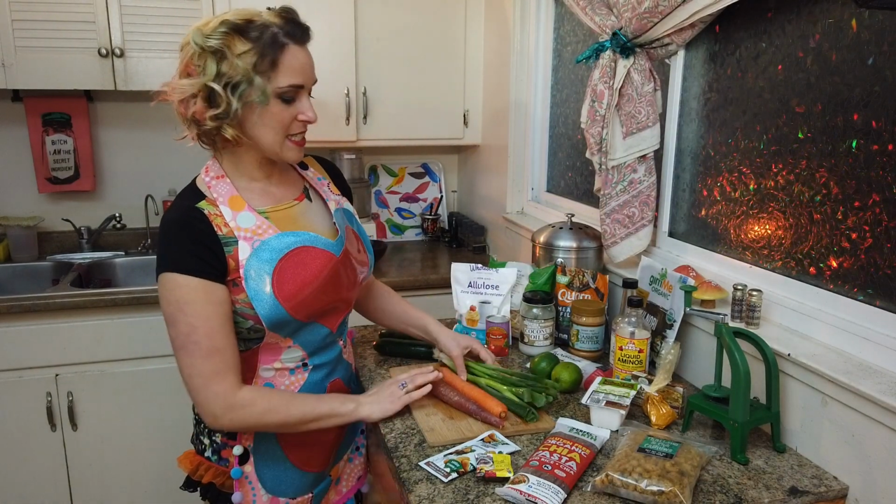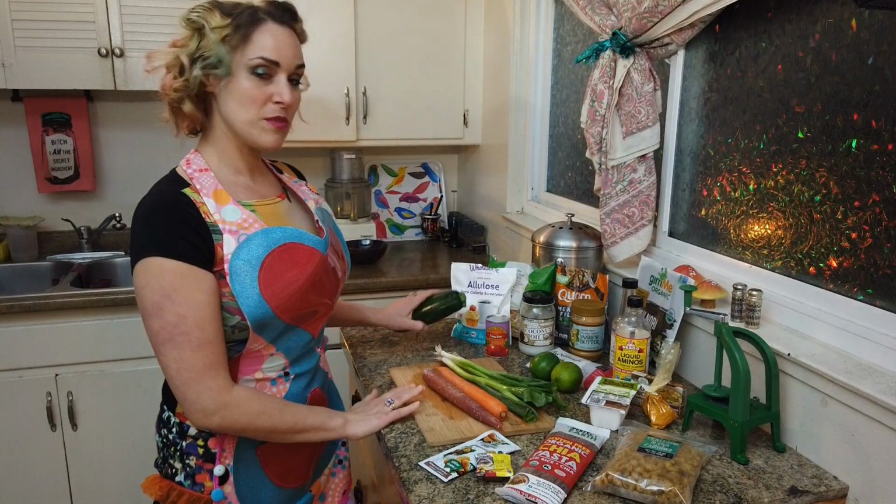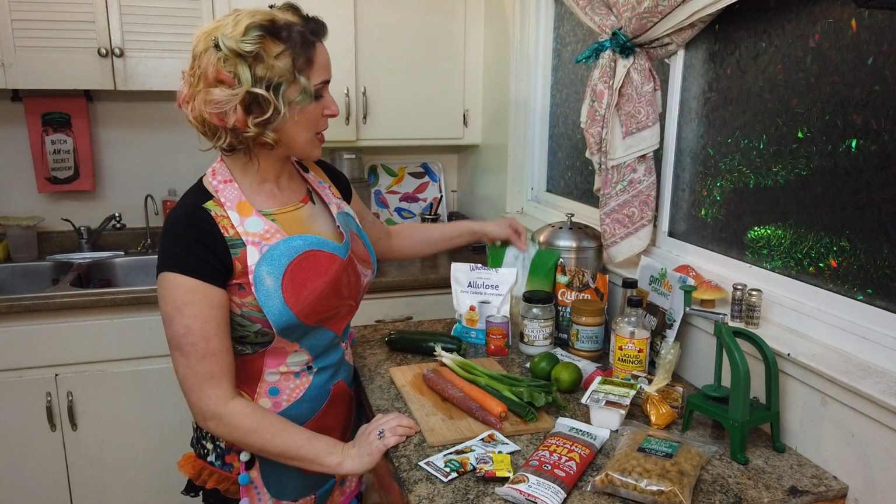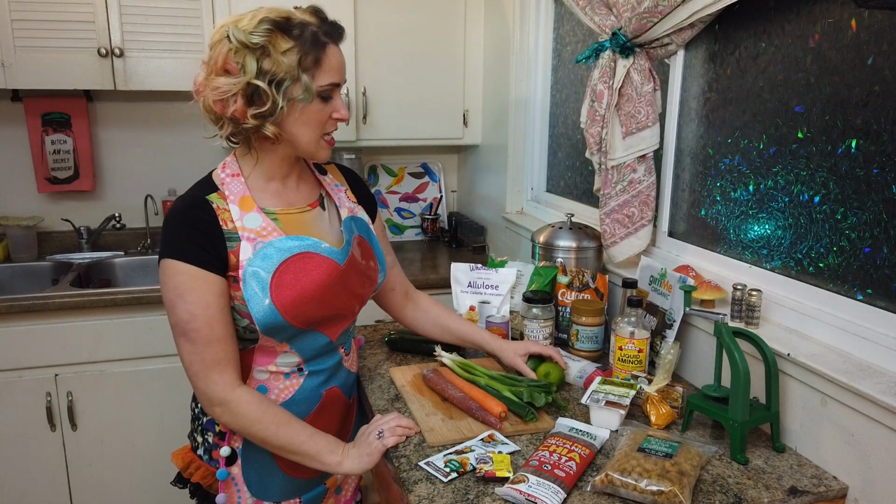So the ingredients I'm going to be using are green onions, a couple rainbow carrots, some zucchini just to add a little bit more veggies in there, some mung bean sprouts, a couple limes for that tartness, and then these